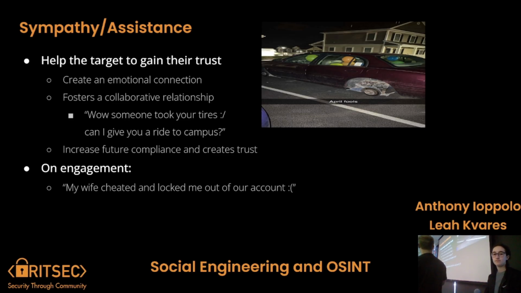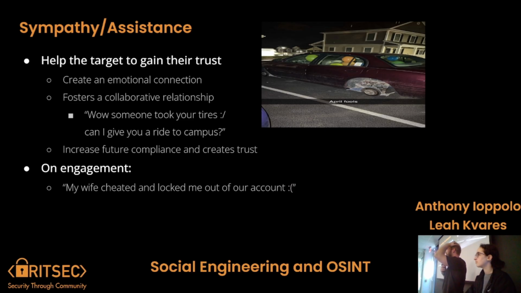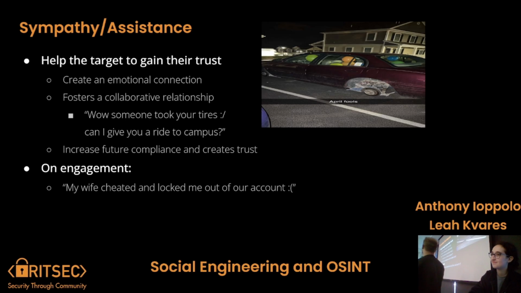Pulling some of the sympathy on actual tests. If you're on a vishing call and you call a bank and it's your wife's quote unquote bank account, you're like, my wife just cheated on me. She locked me out of the account. I don't know what the password is. And if that guy has anything going wrong in his life, relationship wise, he'll be like, oh my God, I feel so bad for you, man. Here, just have her bank account. That actually has happened. I've seen it happen, something like that, of this person cheated on me and now you have their bank account. So this actually goes a long way because people like helping each other.